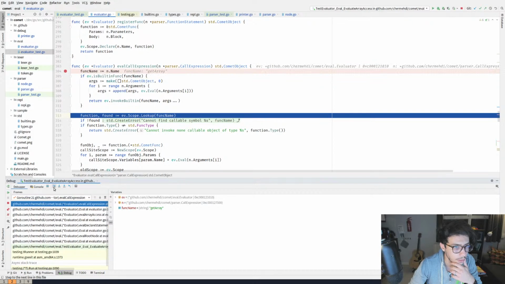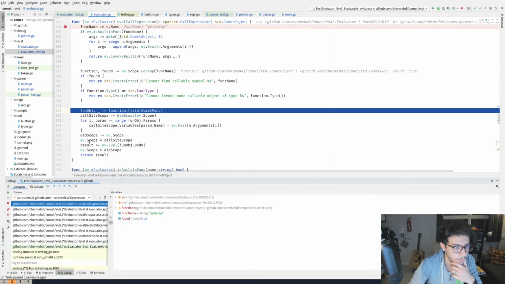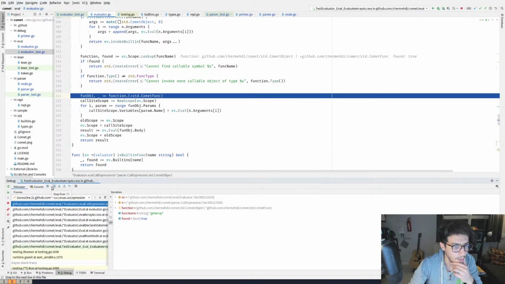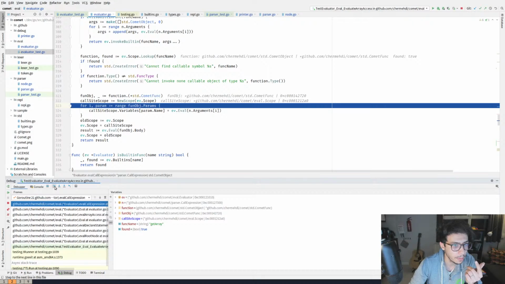If it's a built-in function, it's not. Now we found the callable and it's a function. Now we had the function object. We created the call site scope, which is a new scope from the original scope. And then from all the parameters that it has, which it doesn't have any, as far as I know, function object parameters has 1.